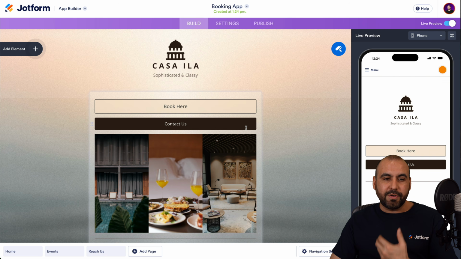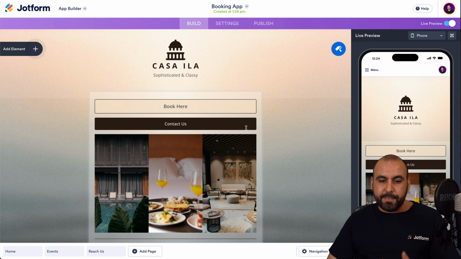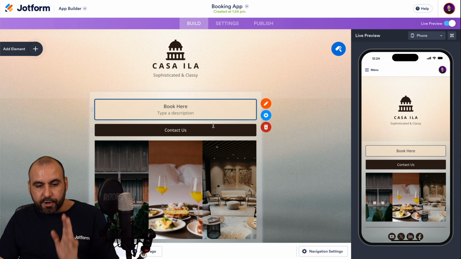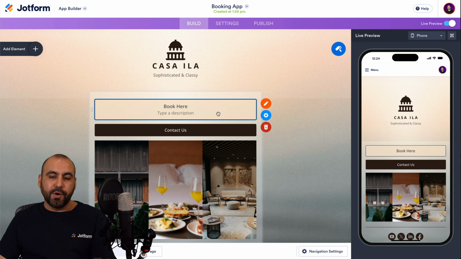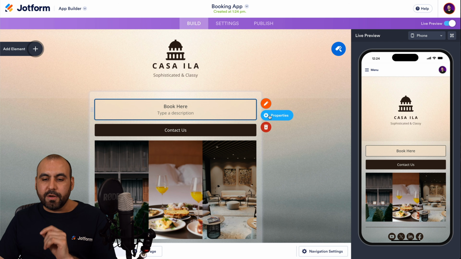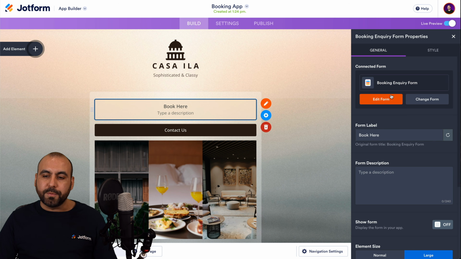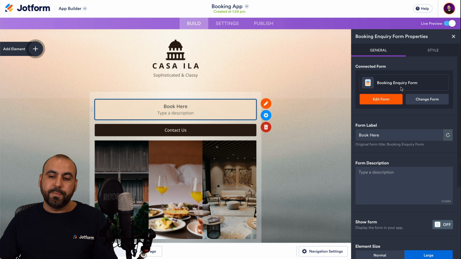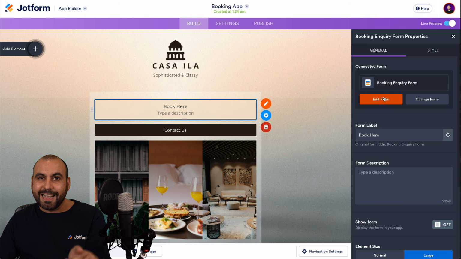our own needs. So now we're in the Jotform app builder where we can modify every single aspect of this right here. So the current template has some buttons like book here. I can edit the form. So in this case, this is tied to a form to book, and I can go ahead and use properties and I can change the form. So let's just say that I created a different form for this particular button right here for booking. So I can change it by change the form right here or edit the form that's tied to this particular